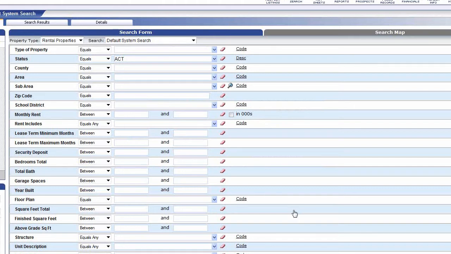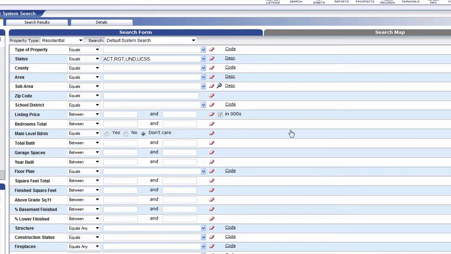It's like, you go to the IRS and you get different forms. This is the residential form. This is the rental form. As you choose the different property types, the forms are going to change. Here we have lease term minimums, lease term maximum. We have unit descriptions. That all applies to rental, where if I go back to the residential form, I'm just presented with another form,